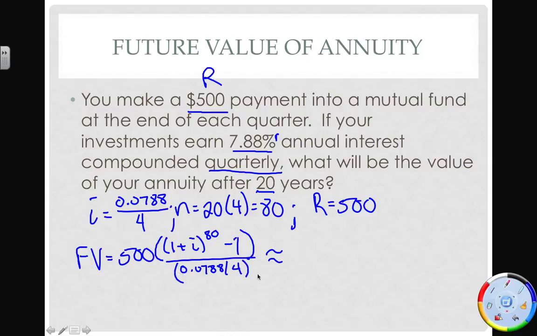Maybe even try parentheses around that. It shouldn't make a big difference right there, but you might want to do that. So 1 plus 0.0788 divided by 4 to the 80th power minus 1 divided by 0.0788 divided by 4. And I get